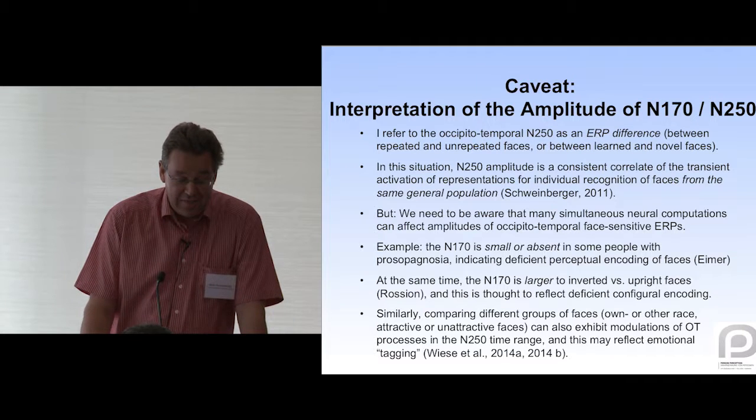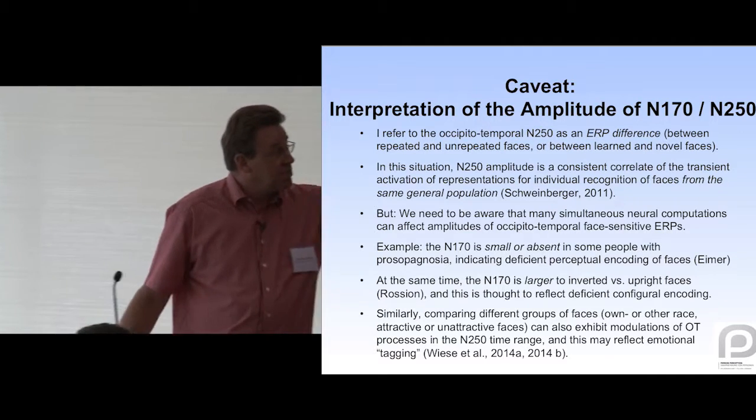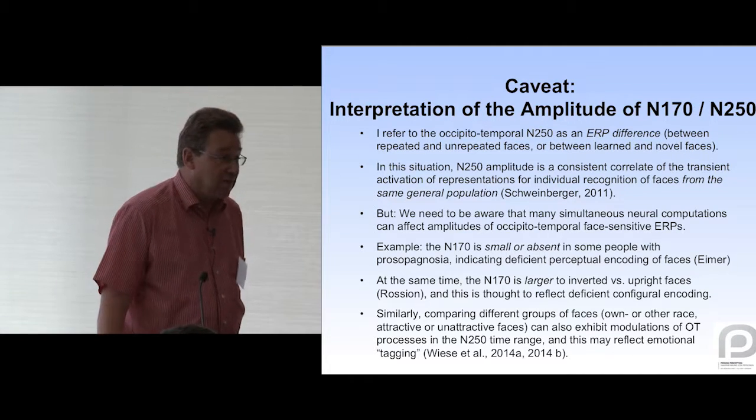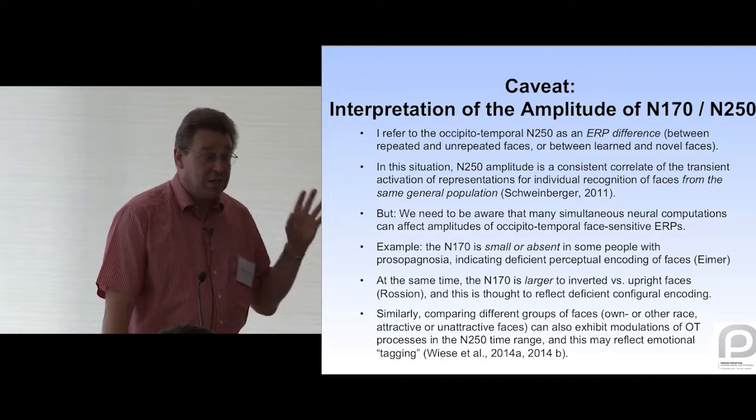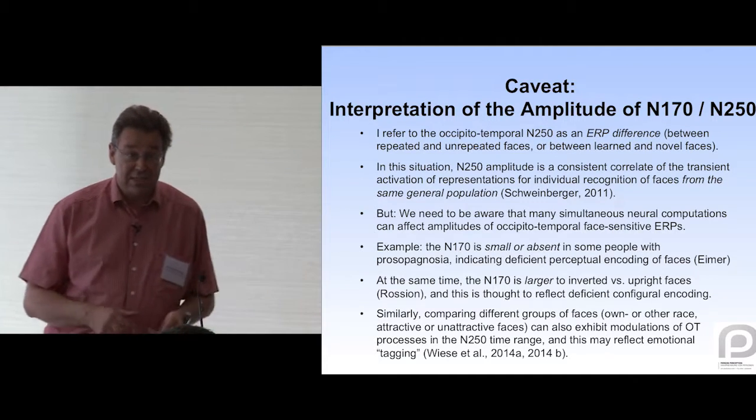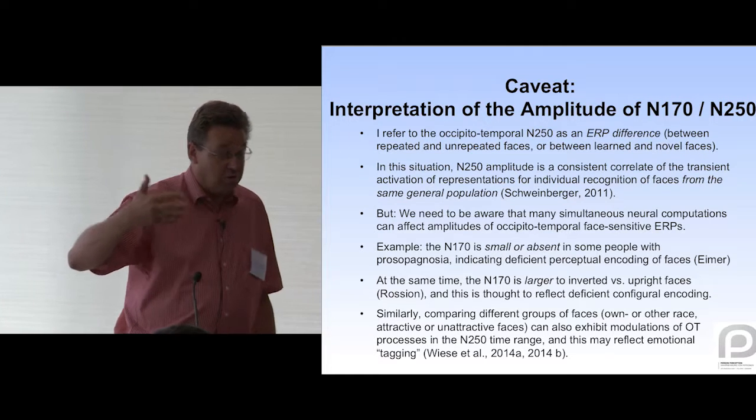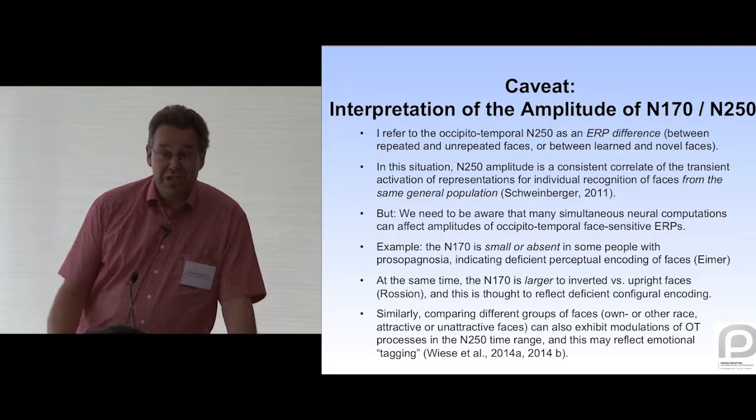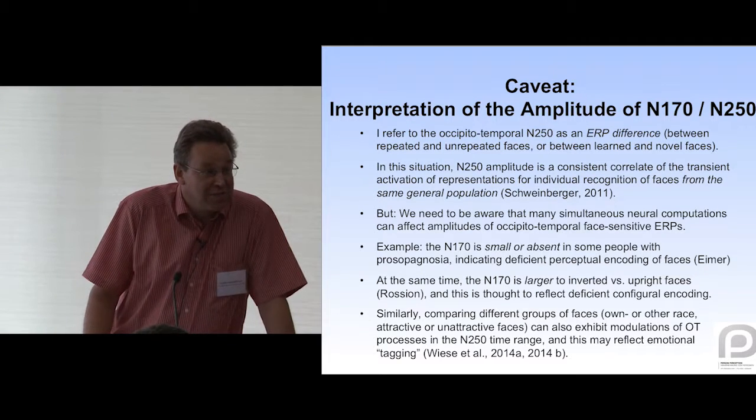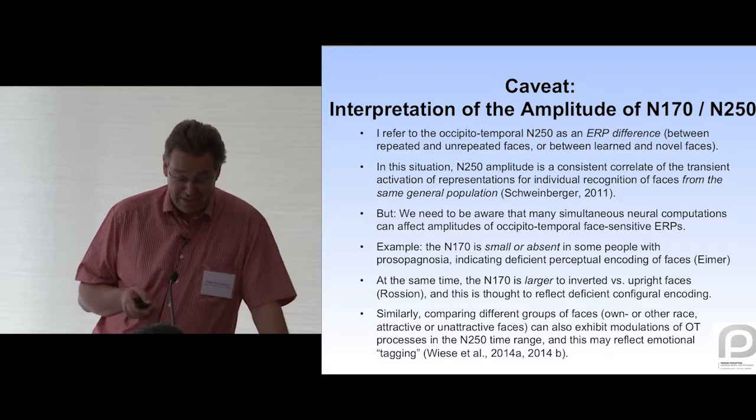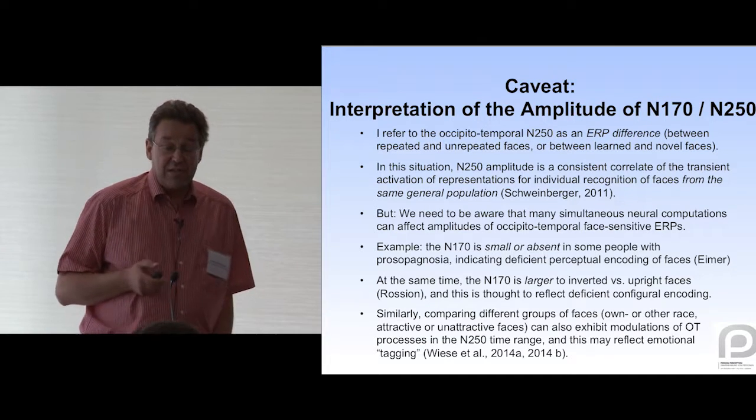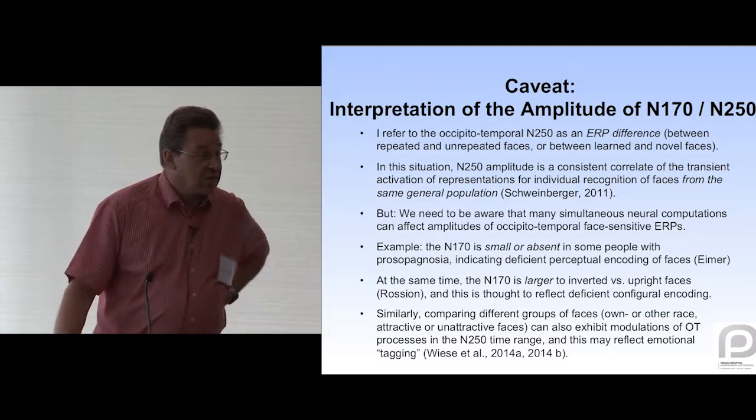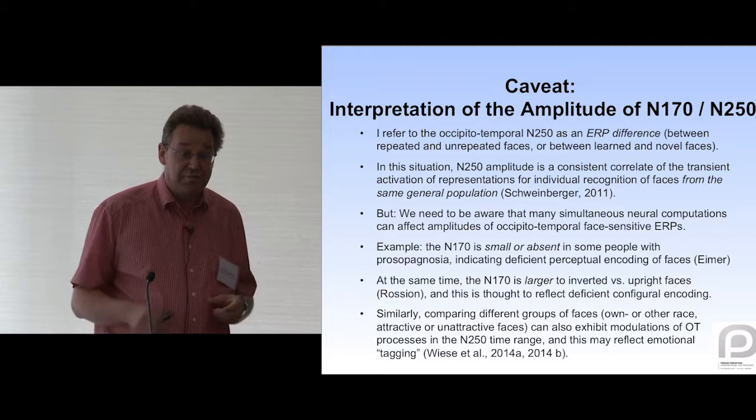And very similarly, although I'm sticking to my interpretation of the N250, we have to be careful not to overgeneralize the N250 interpretation when it comes to different groups of faces. For instance, own race or own group or other group faces, attractive or unattractive faces, and so on. I'm mentioning this because I know that many people in this room are interested in those categorical differences. And actually, these group differences between faces can also exhibit modulations of occipitotemporal processes in the N250 time range,